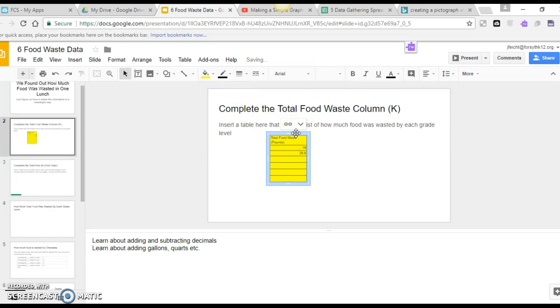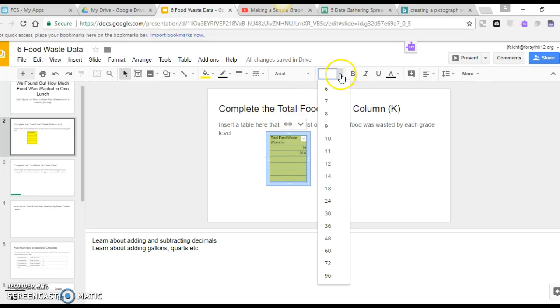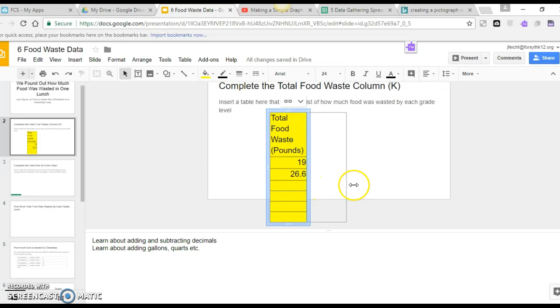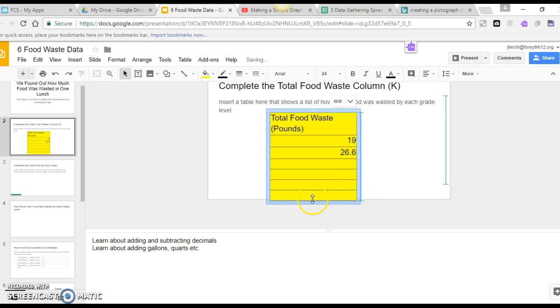There's a few problems with my chart. Remember, this is a presentation, so my size of my font is not very good. So I'm going to want to make my fonts a little bit larger. So if you go down here, you can say, oh, I'm going to make it size 24, 18, or whatever you want to do. That's kind of pushing it because it's going right off the edge. Now I'm going to get rid of this little thing, so I can probably slide this thing up by grabbing